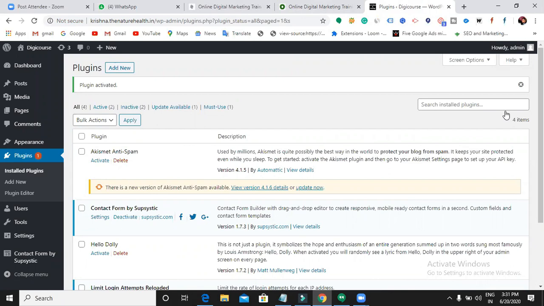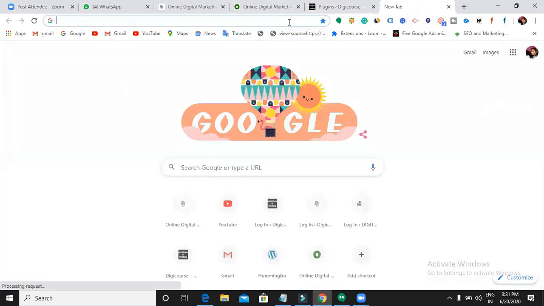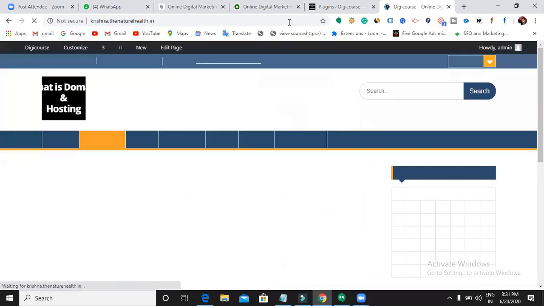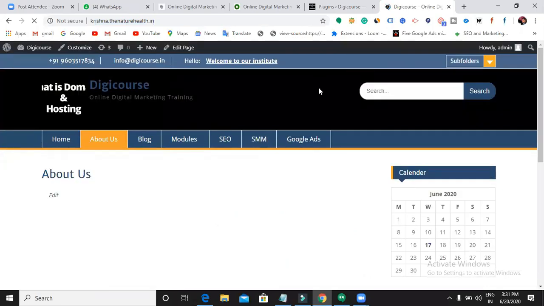Now I have installed my contact form. Now where will it be present in your website? Should be in the dashboard, the contact form section. Let's see. This is the thing we created in our last class, right?